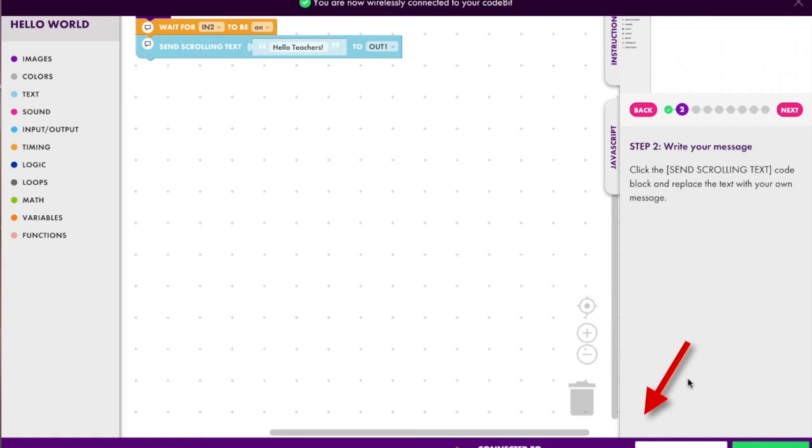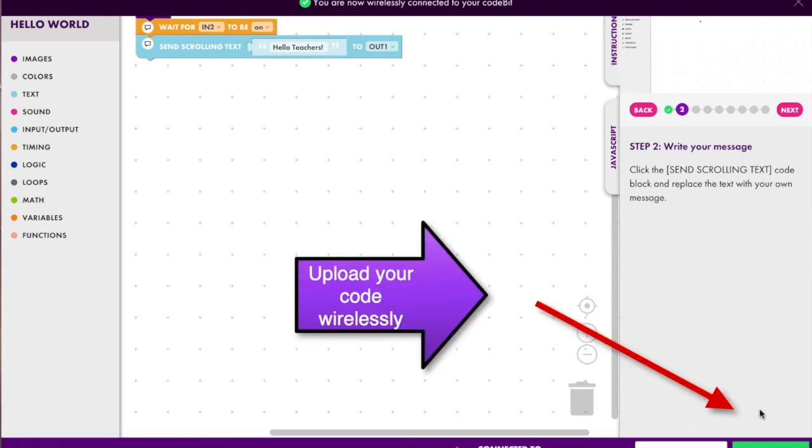Now, if your code bit has been used before, you'll want to clear the code, because otherwise it stays, so it just gets piled and piled and piled. So I'm going to clear my code bit. So right now it has no code. And then